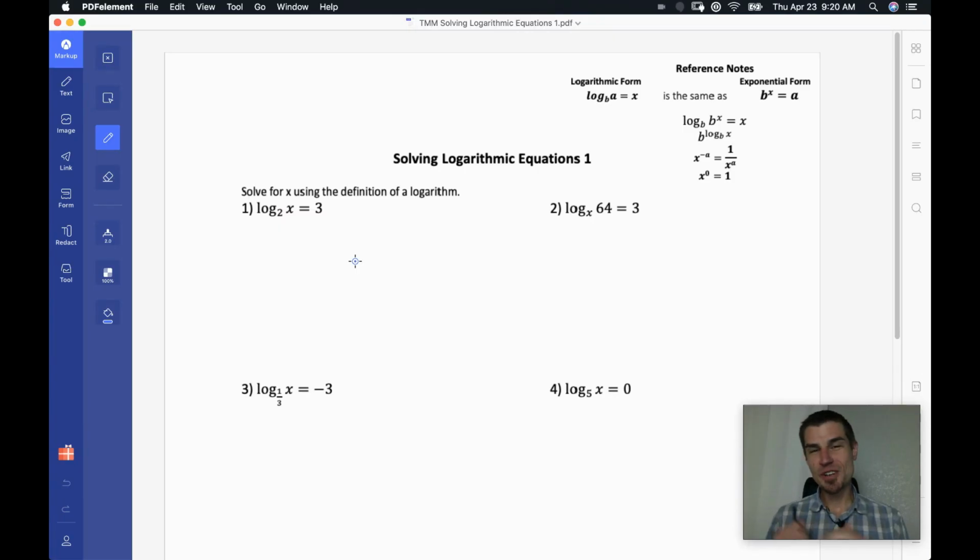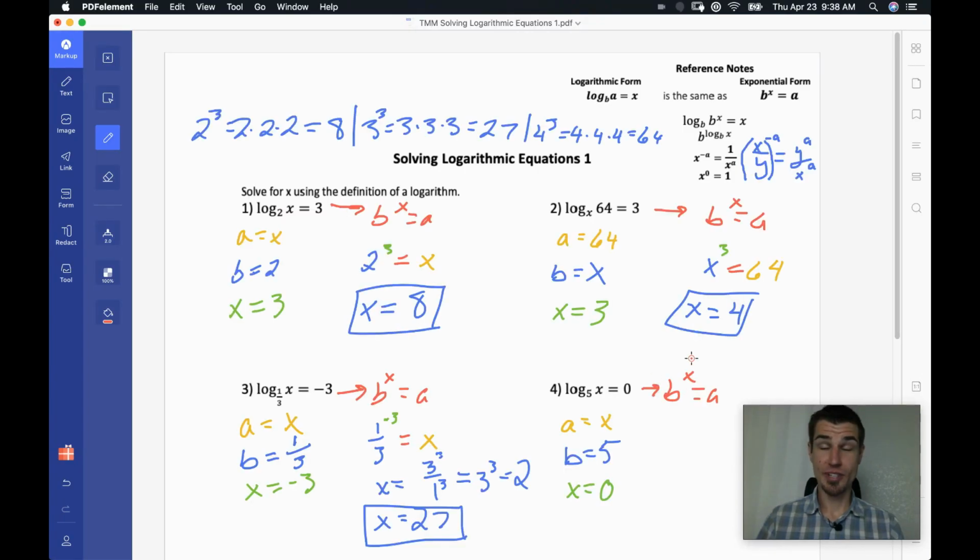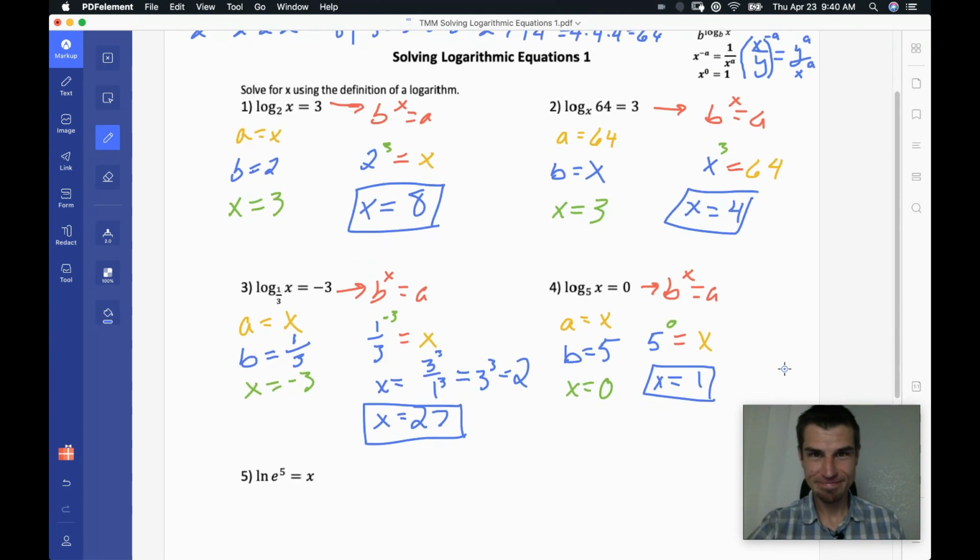So we want to solve some equations, because logarithms and exponential